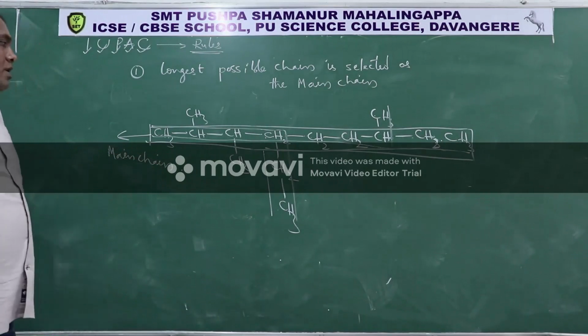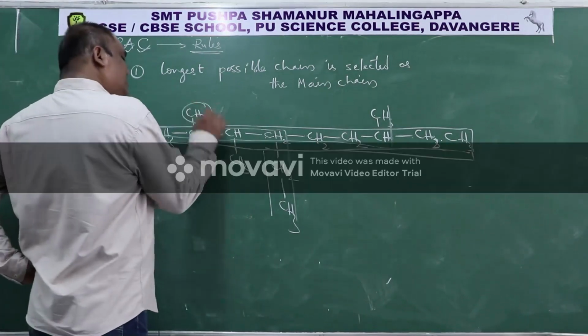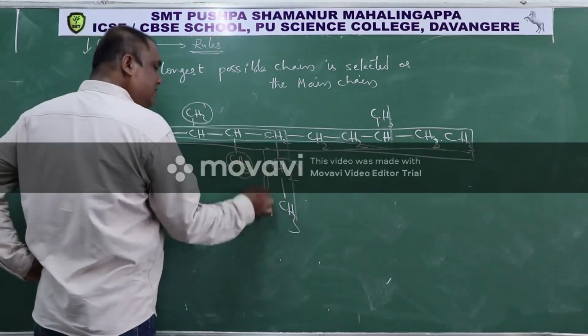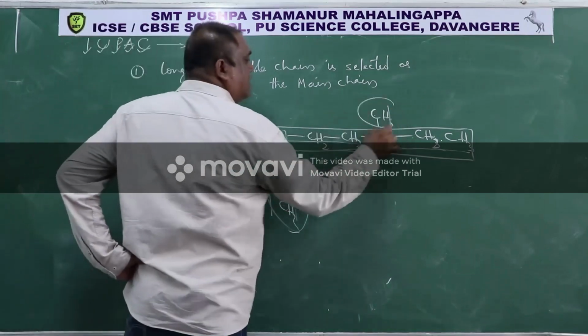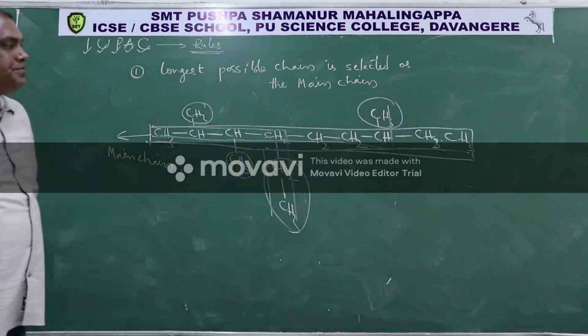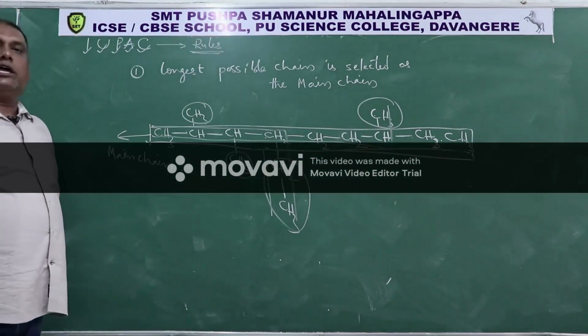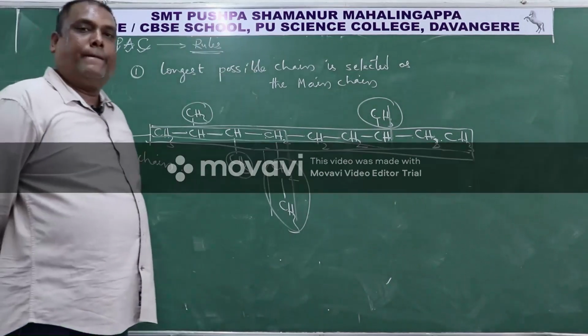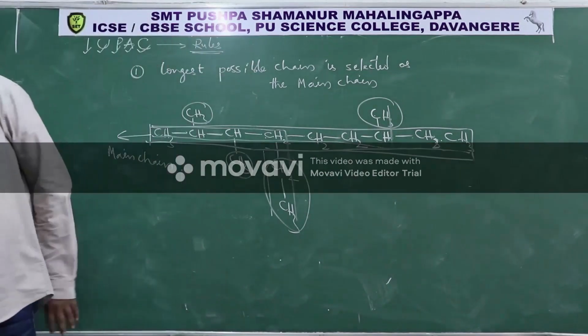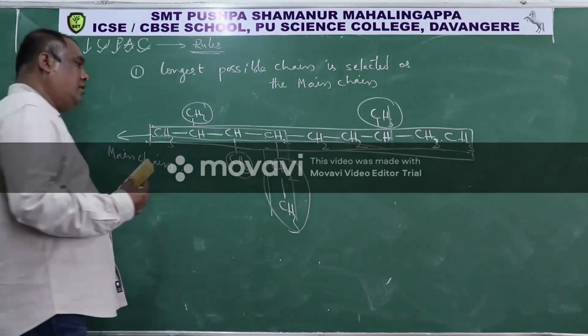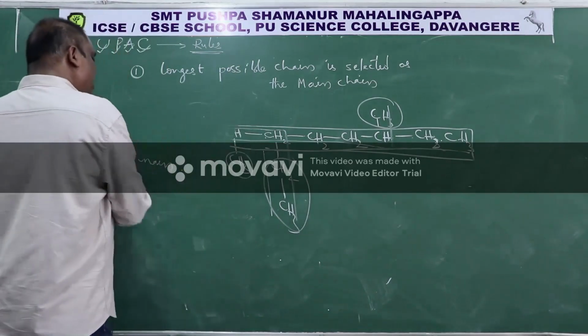So now, after that, this will become a side chain, this will become a side chain, this will become a side chain, this will become a side chain. Like this, you have to select the main chain. But suppose there is a